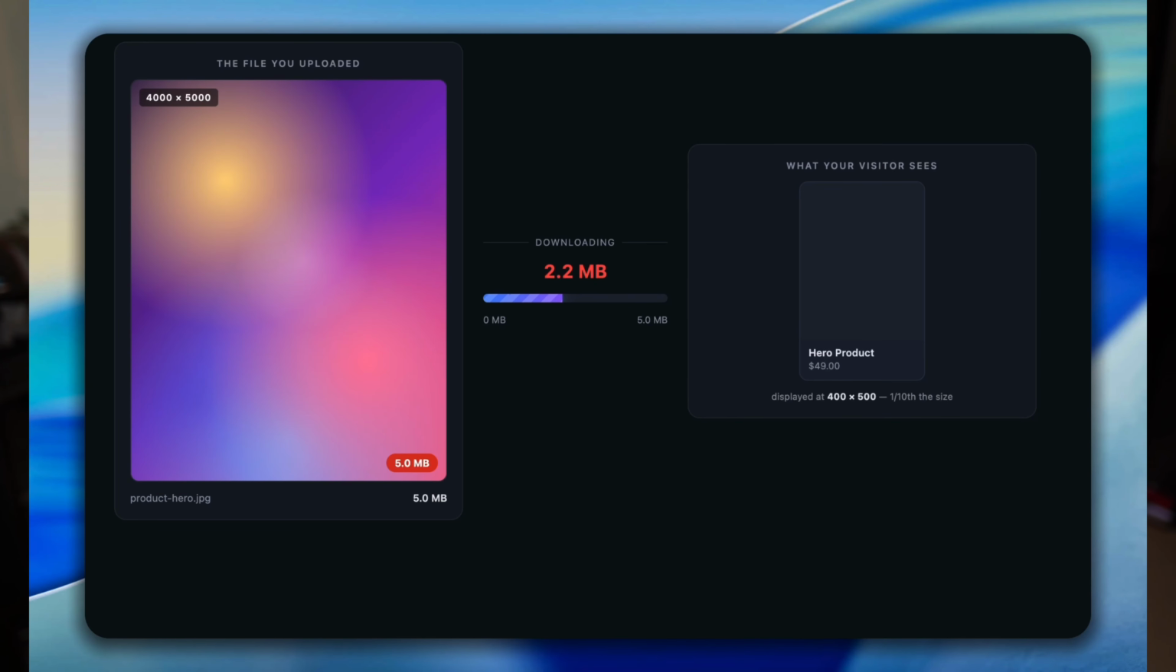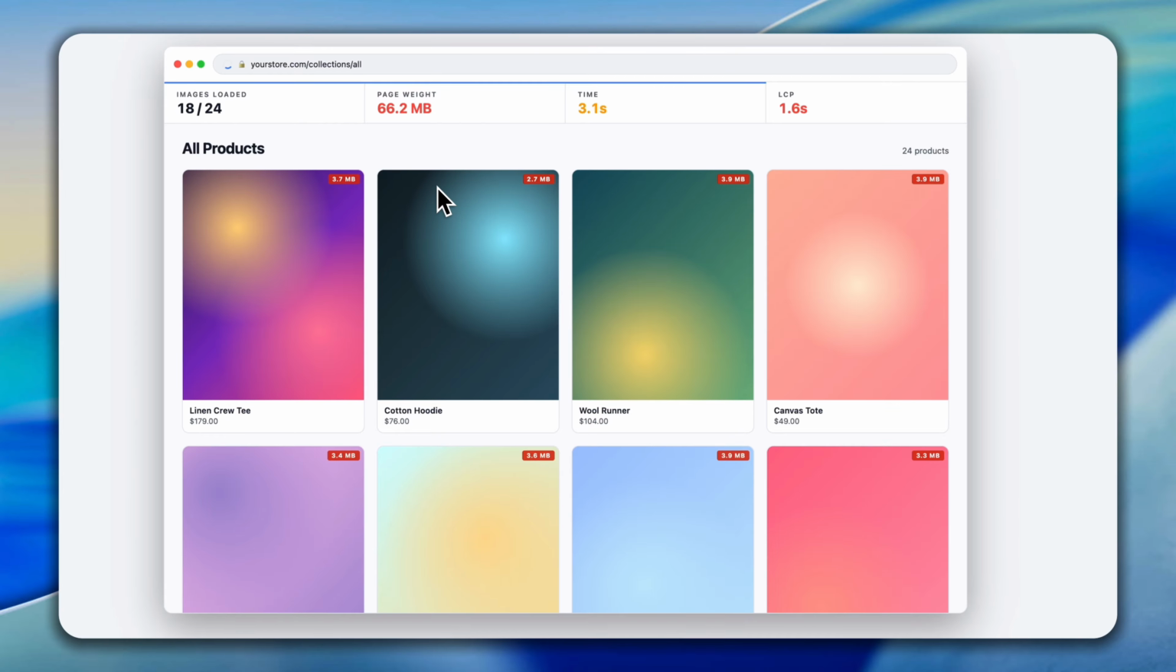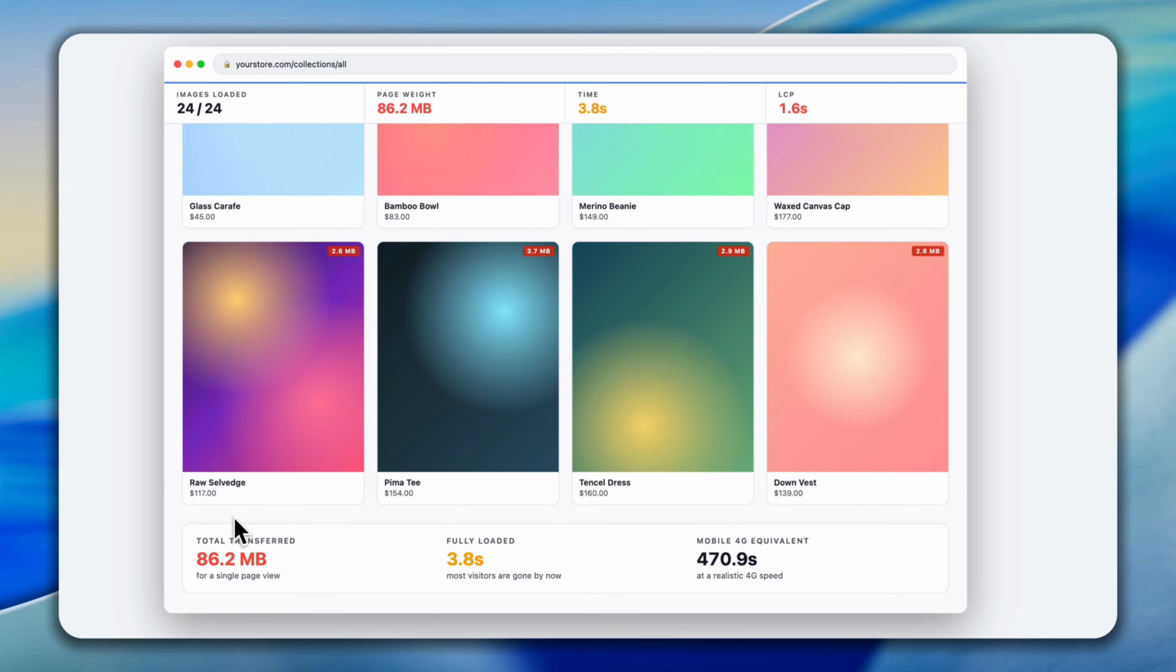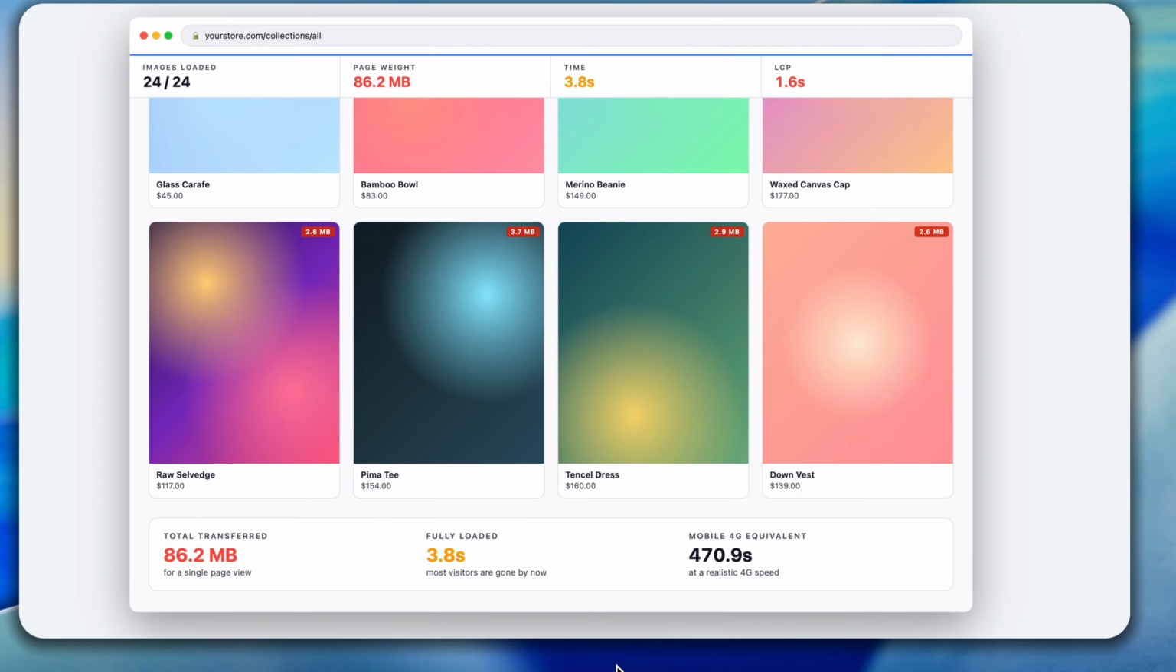Here's why. That image is 4,000 pixels wide and 5 megabytes. Your product card on the homepage, it displays that image at 400 pixels wide, but the browser still downloads the full 4,000 pixel 5 megabyte file. Now, multiply that by every product image on the page. Your collection page might be loading 30, 40, even 50 megabytes of images that get displayed at a fraction of the actual size. That's like shipping a refrigerator-sized box to deliver a coffee mug. You're wasting bandwidth and killing load time,